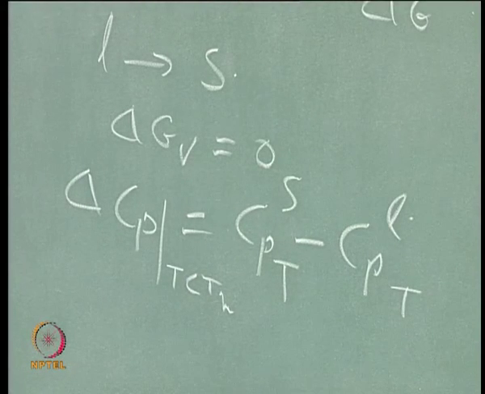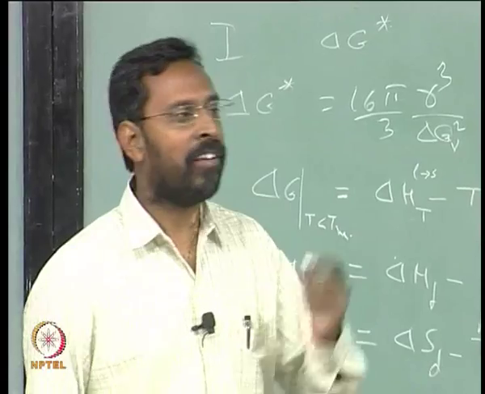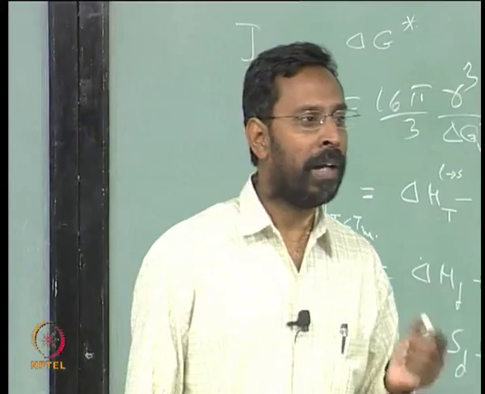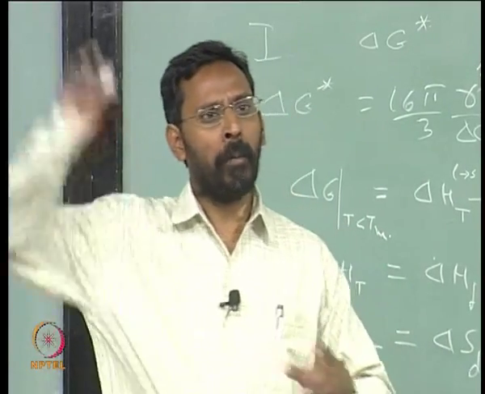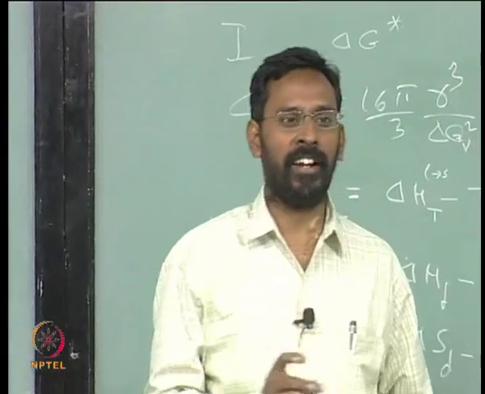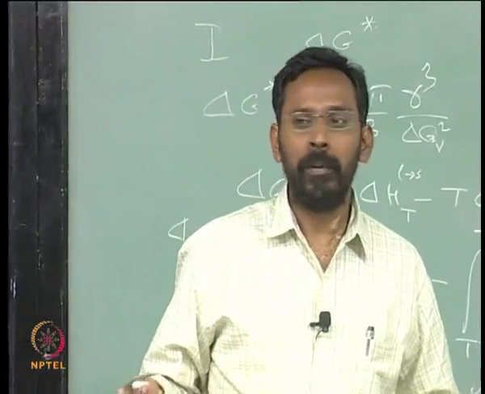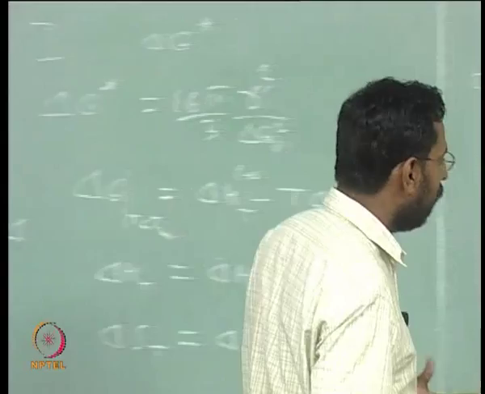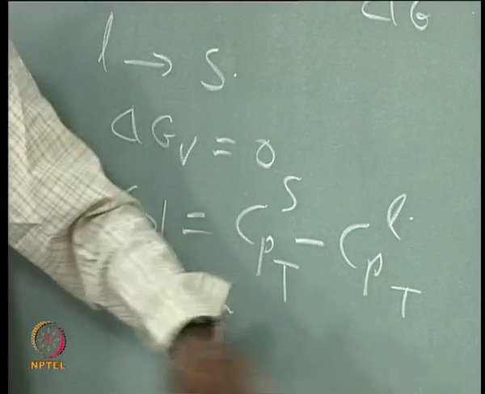I want to know the heat capacity of liquid aluminum at 600 degrees. To know the heat capacity of liquid aluminum at 700 degrees is not a problem for me, but at 600 liquid does not exist, and if I somehow bring the liquid aluminum to 600 degrees centigrade and start measuring, by the time you measure it may not be liquid, it will become a solid. So, practically it is very difficult to measure the heat capacity of the liquid at temperatures below the melting point.